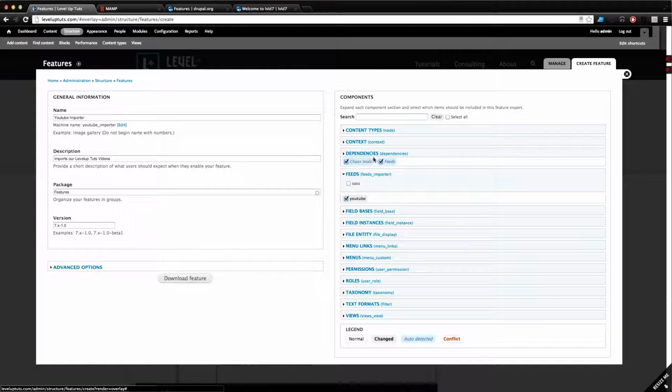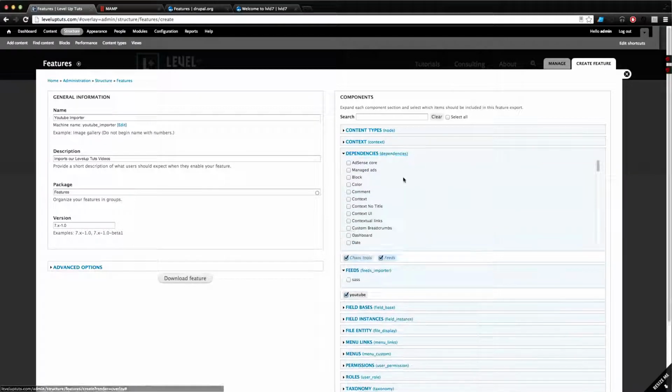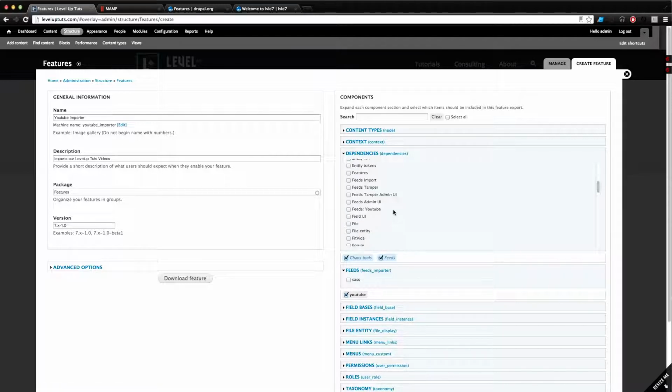What this means is basically it's going to say that when you go to install this module, it's not going to work without Chaos Tools and Feeds installed. Now I happen to know that this particular feed importer also needs Feeds YouTube. I'm going to go ahead and say it needs,